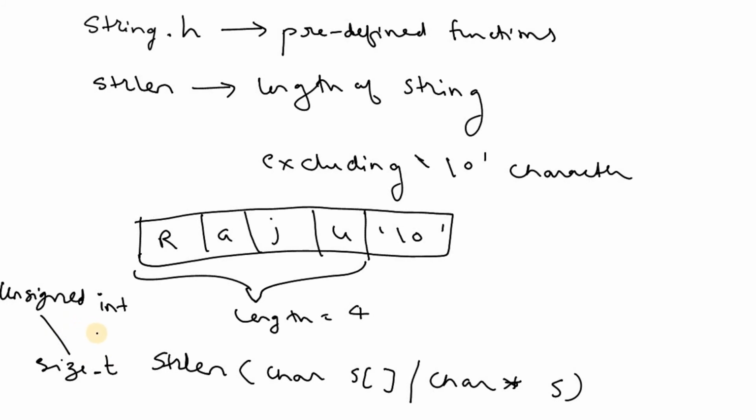Why unsigned integer? If you want to find the length of a string and you are not passing any character, the length will be 0. If you pass some characters, the length will be 1, 2, 3, 4, some positive value only. The length will definitely never be negative. In a data type, unsigned means a positive value. So length is always a positive integer value, and that's why the string length return type is an unsigned integer value.